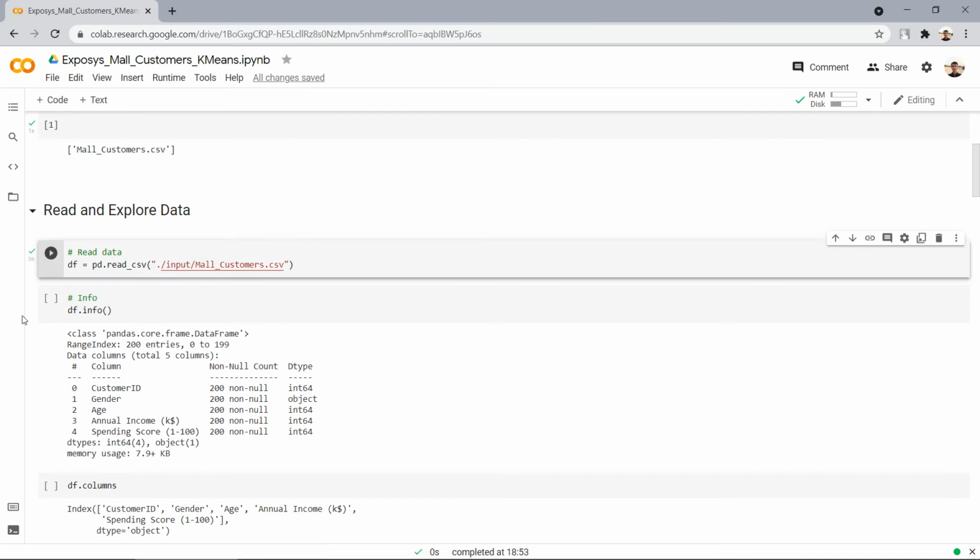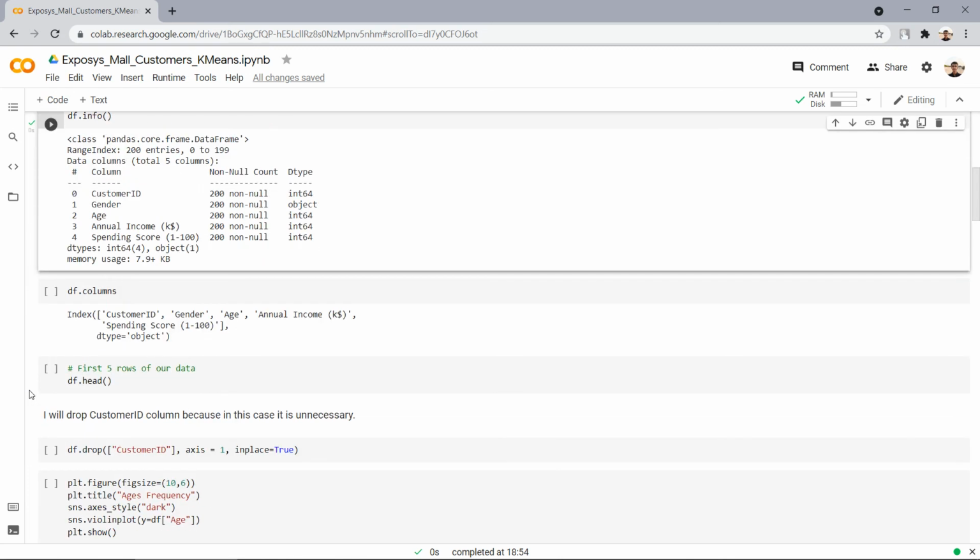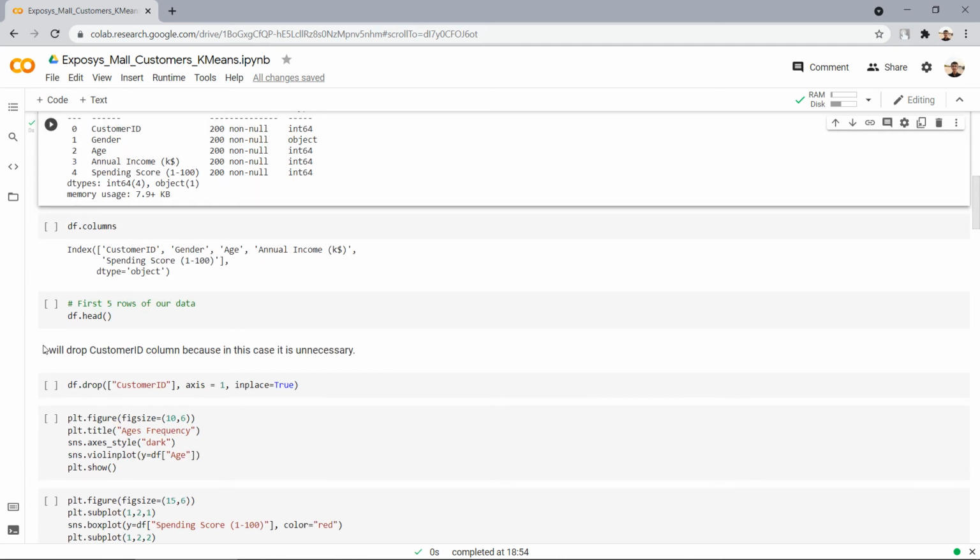Next is the df.info function. This function gives information about the dataset like column names, data types, etc. Next is the df.head function. It retrieves the first 5 rows from the dataset such as customer ID, gender, age, annual income and spending scores. Now let us run this.